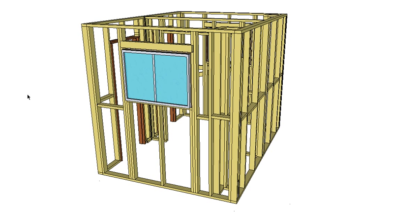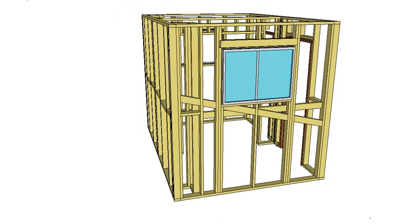G'day and welcome back to Build Some, and today's video is going to be on the preparation required to install weatherboard on a building. And this is our little building here, and as you can see I've already got the windows and the door jambs installed,